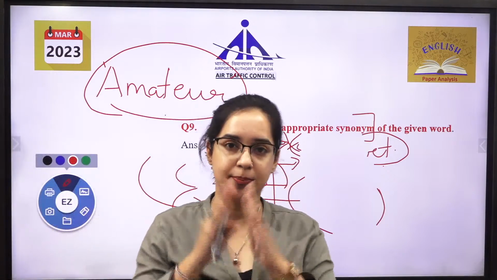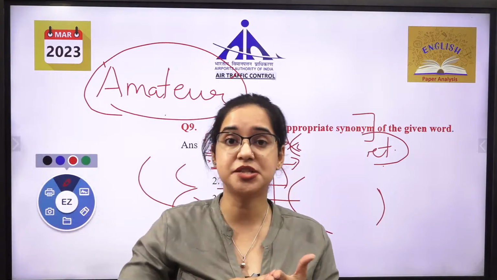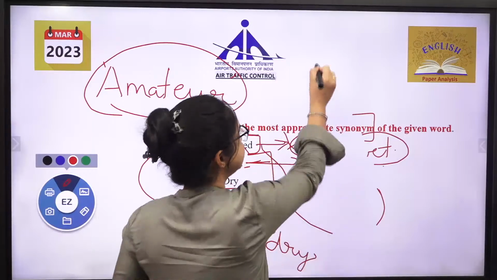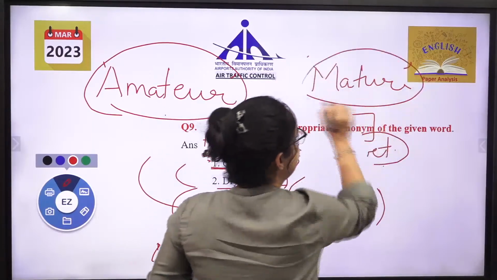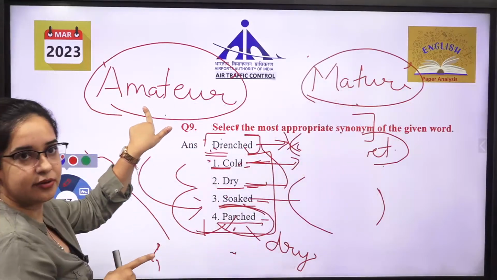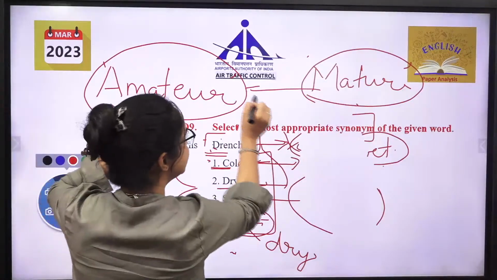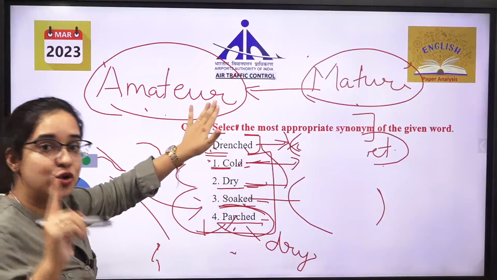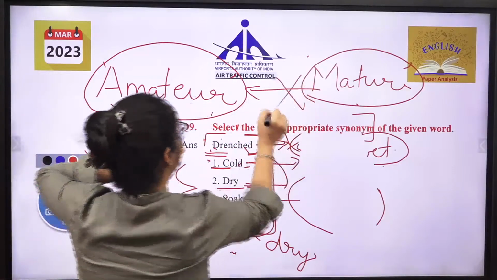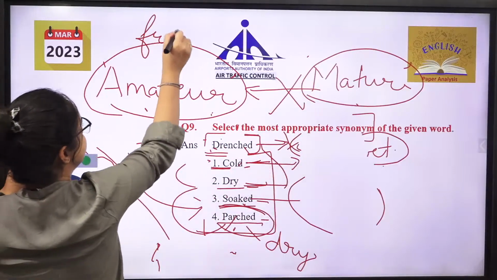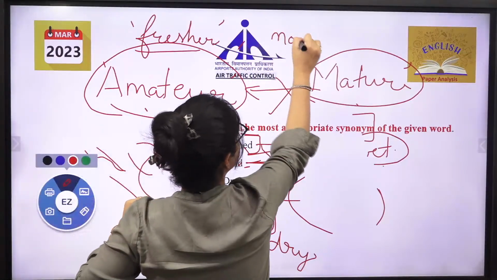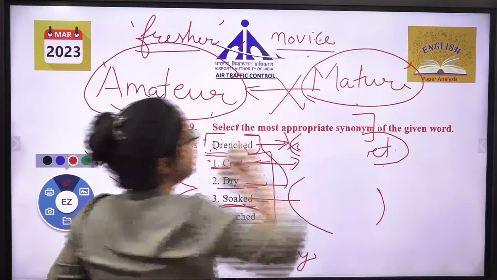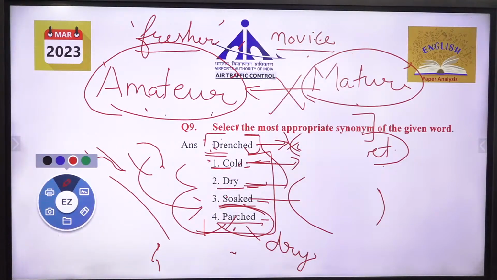Immature, याद करने का तरीका सुनो. Mature क्या होता है? The person who is very serious, very experienced person, that you call it as mature. उसे तो आप बोल देते हो mature person. ये आ रहा है इसका contrast, right? इसका मतलब क्या हो जाएगा? जिसको experience नहीं है. So it will be a person who is a fresher, who has no experience, who is a novice, नया है. That is termed as your fresher.